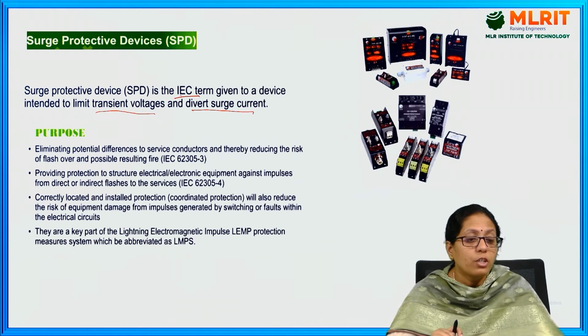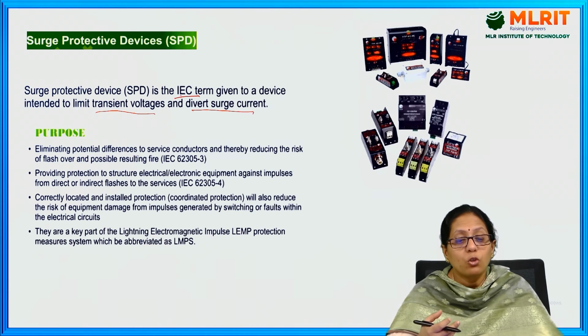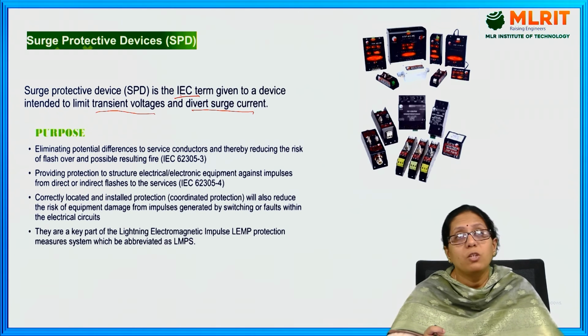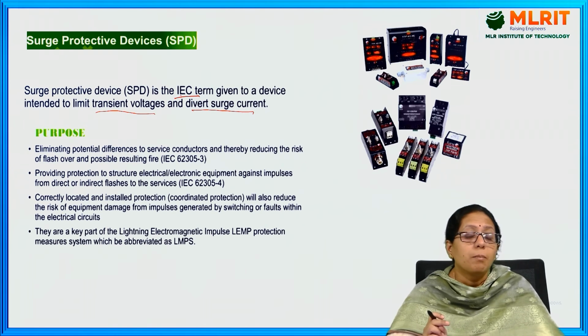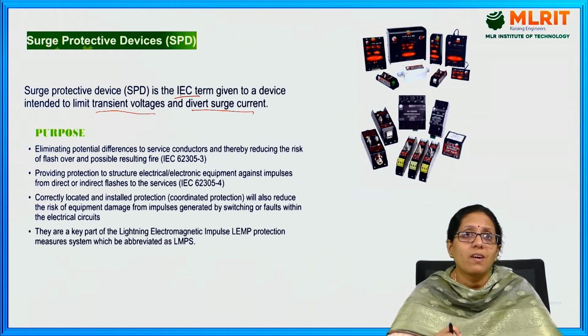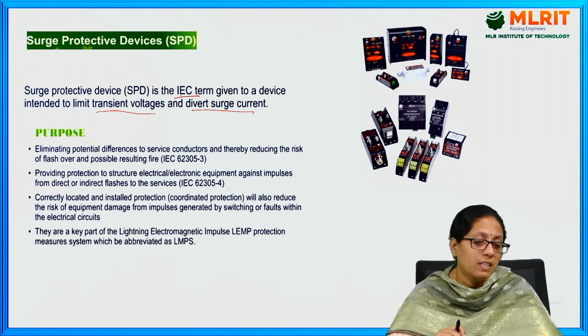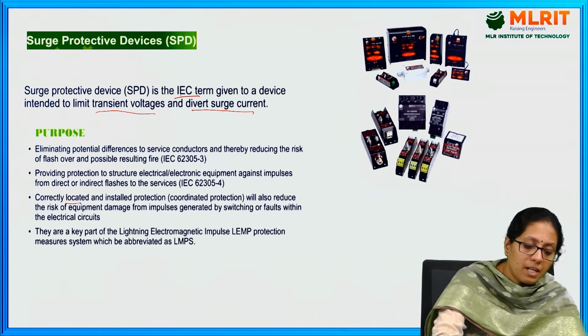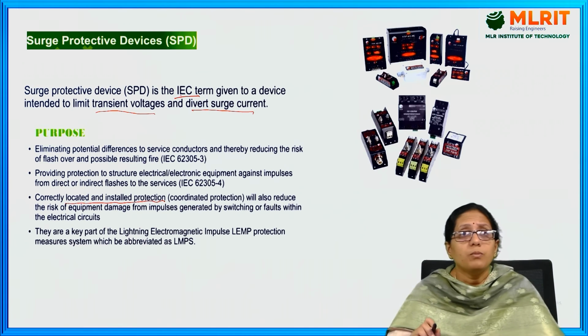That means in order to limit the voltage as well as to divert the surge current, we will be using this surge protection device. What is the purpose? The purpose is to eliminate the potential difference and to protect the structure or building or electrical or electronic devices, and to be correctly located and installed for the